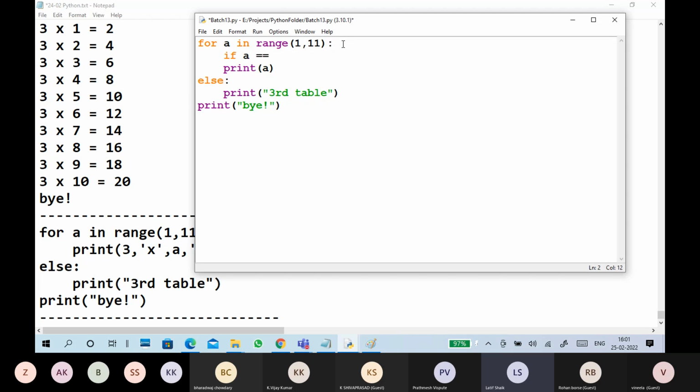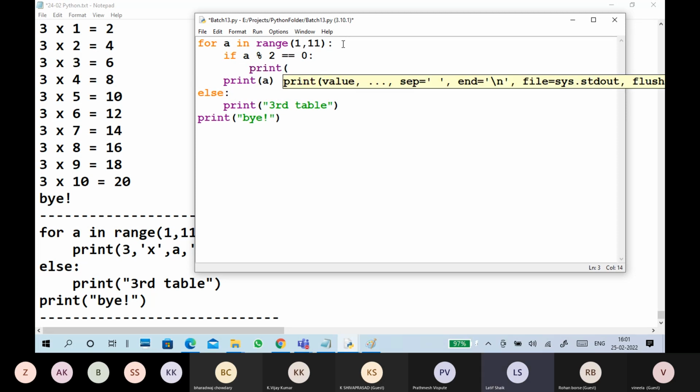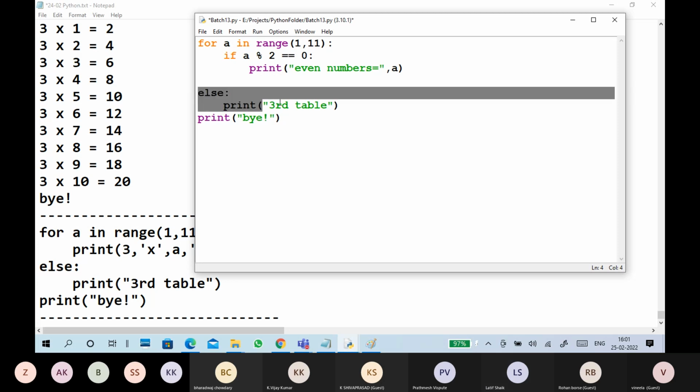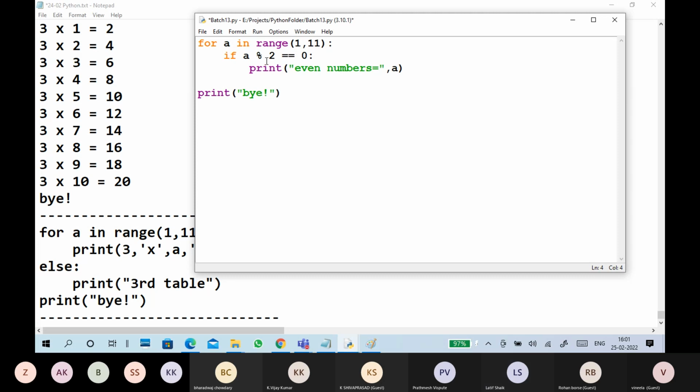Break means, if A is equal to no, if A percentage 2 equal to 0, print even numbers equal to A. Else print odd numbers.